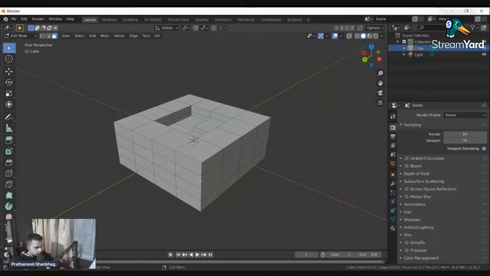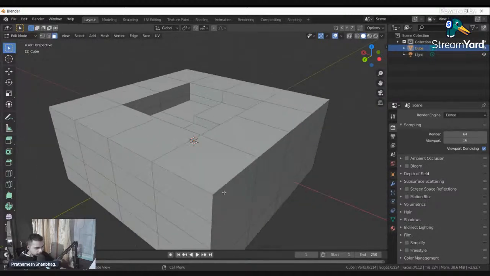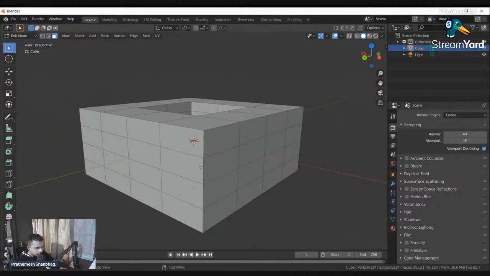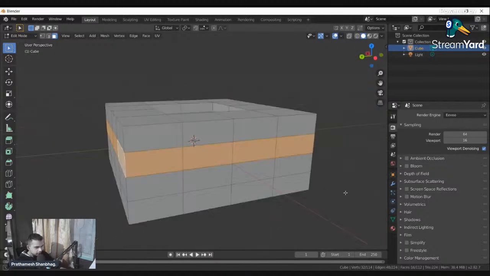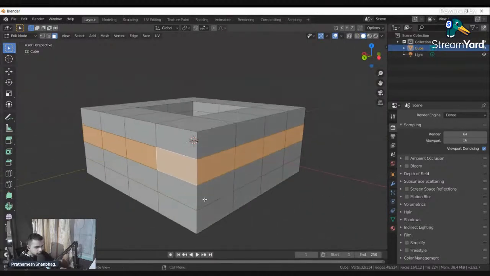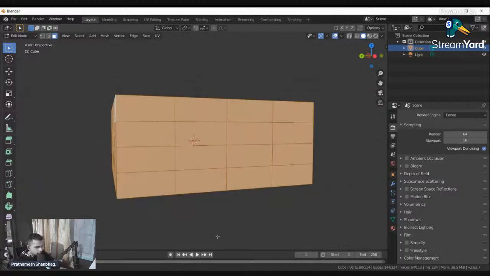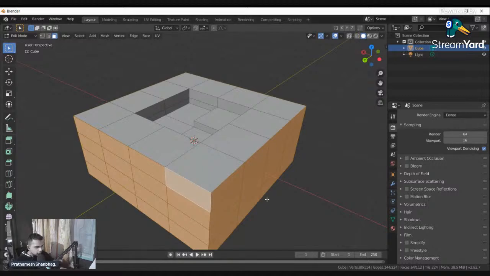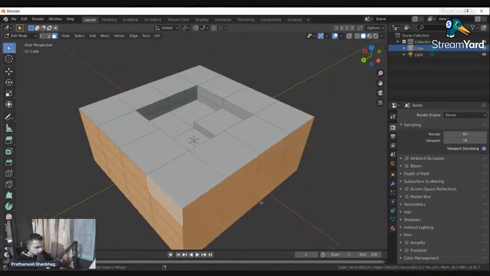So what you do is, go on to the edge of the object like so, and double click here, and the entire loop is selected. The entire loop of this object is selected, and then what you do next is double click the next loop, and there you have it. Rather than manually selecting each of the faces, you double click and select all of them.